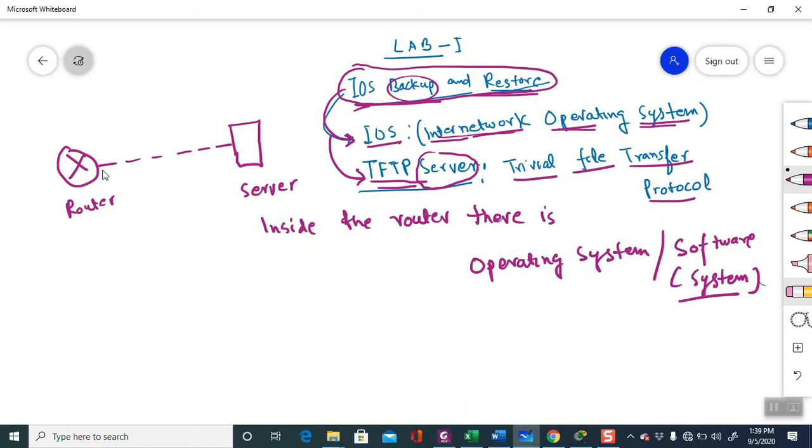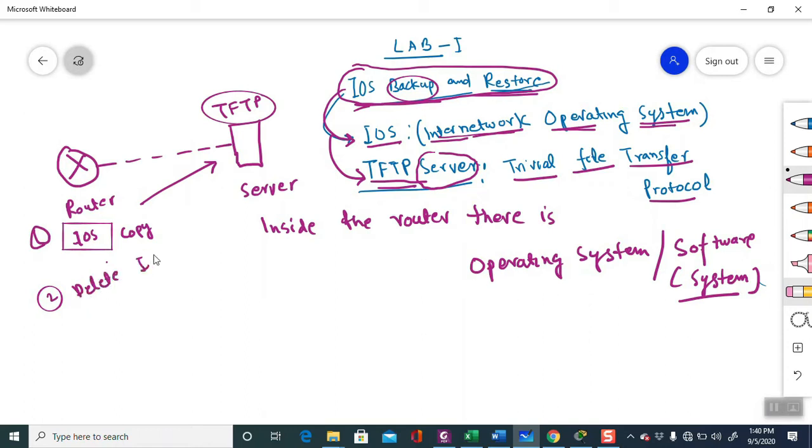The IOS file is copied onto this server, and there are services like TFTP, a protocol, meaning Trivial File Transfer Protocol. Through this command we are going to copy to the server. This is the first step. Then in the second step we are going to delete the IOS.